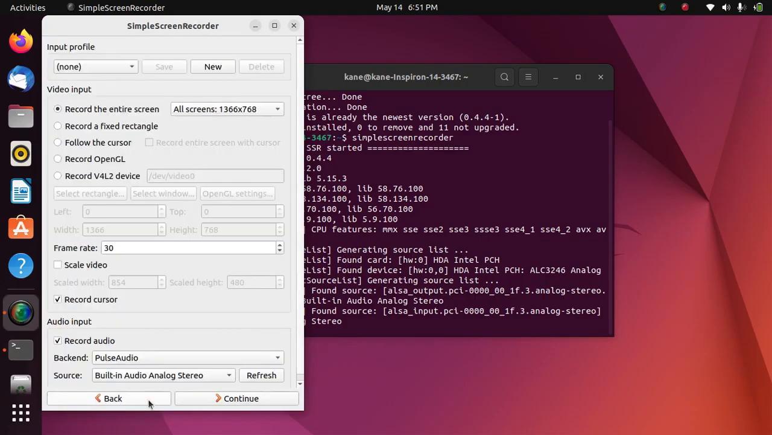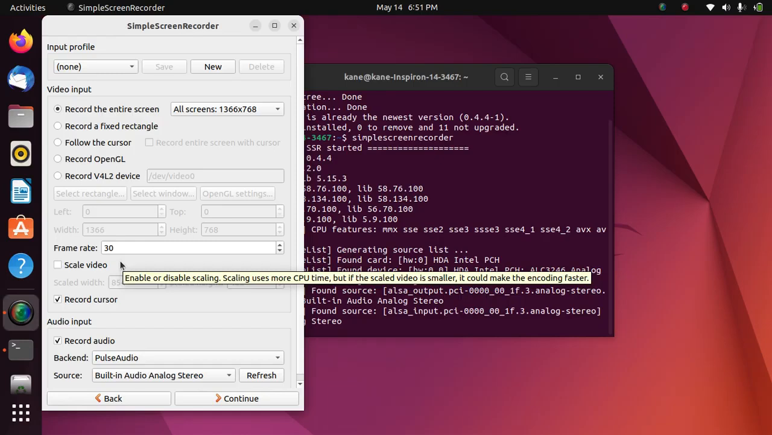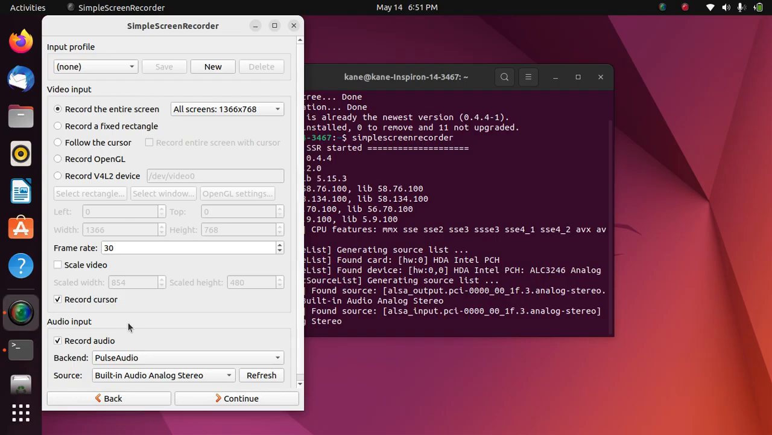You can simply click on continue, and here you can simply select record the entire screen or record a fixed rectangle. It depends upon the user. I will of course select record the entire screen, and you can also select the frame rate. By default I have selected 30. You can click on record cursor, and of course you also want to record the audio, so simply select here record audio,